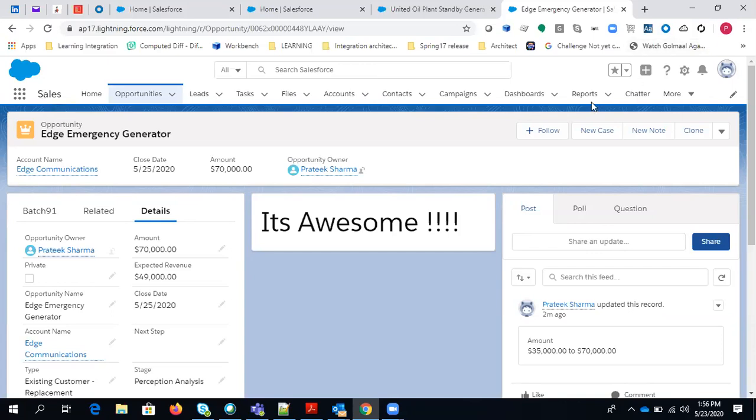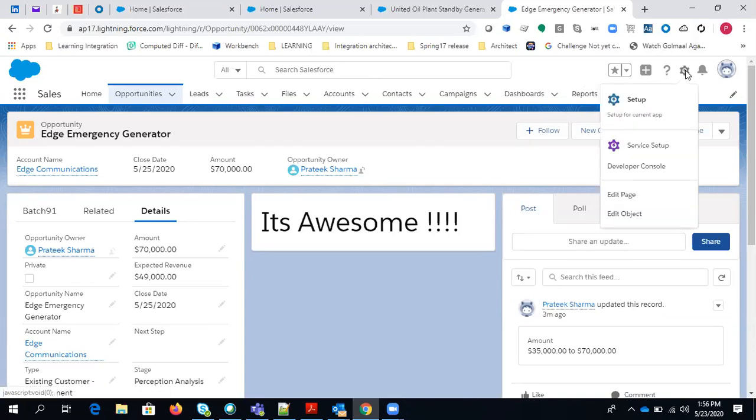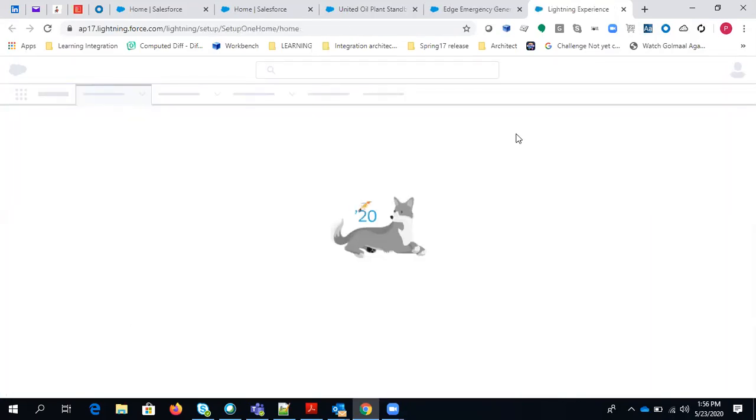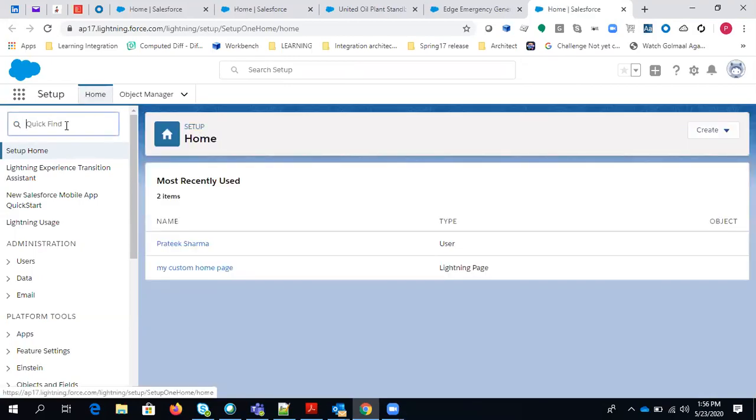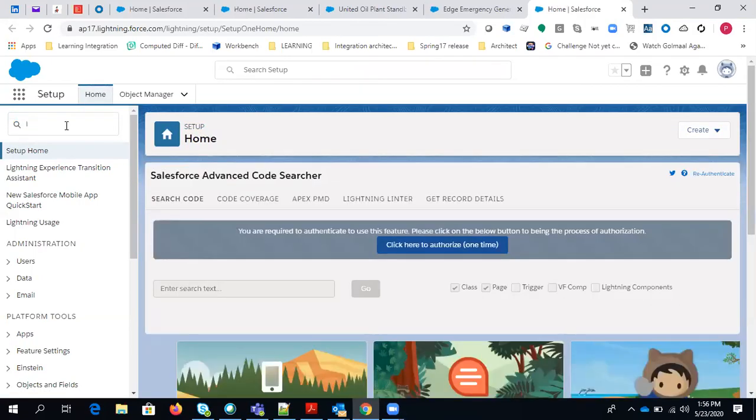So in order to create that lightning app page, the first part will remain the same, so you have to follow the same steps. So we can simply go to setup. Here you can again type lightning app builder.